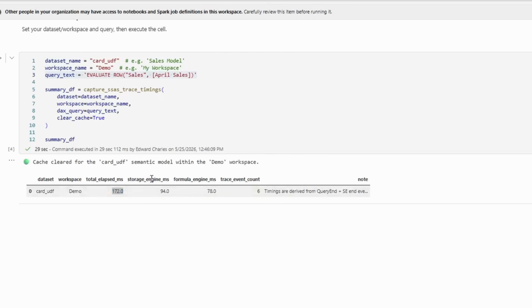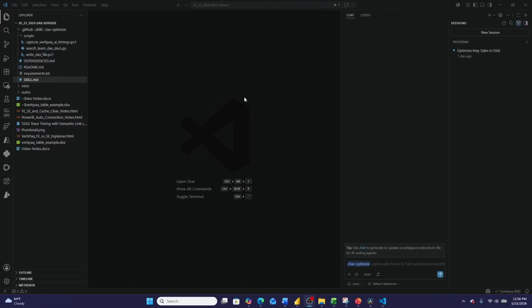Now, this tells you where your DAX is spending the most amount of time. Is it spending its time retrieving data, or is it spending time essentially figuring out the best way to retrieve that data? In general, you almost always want to optimize for more storage engine time, but that brings me to